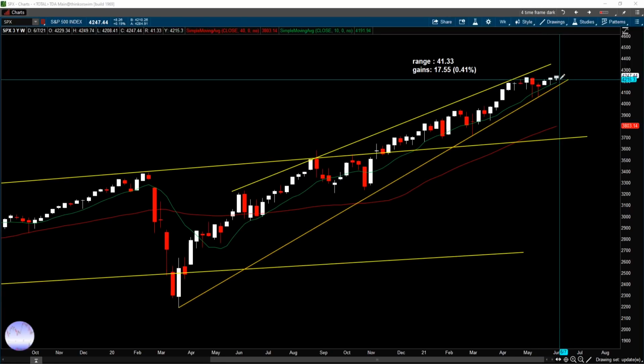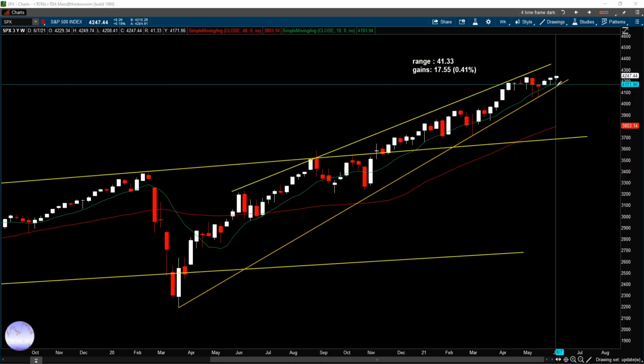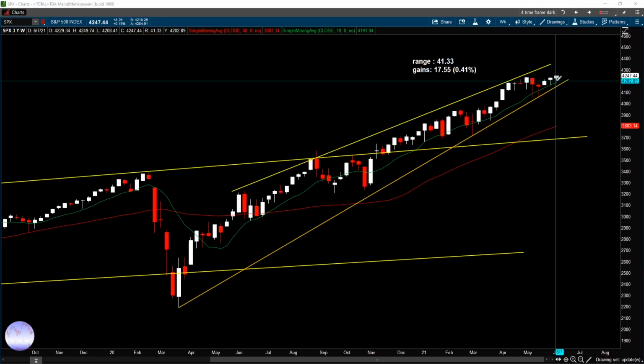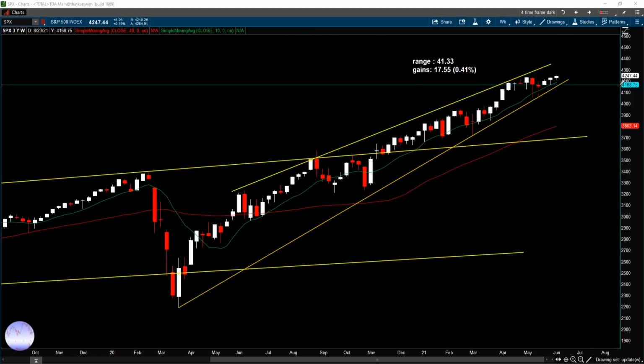So right now, we're basically looking more like an NR7 type of candle, although the price is still above the 10-week and 40-week moving average, and also above this trend line. The S&P 500 did put in a new all-time high and also closed with a new closing high last week, and it closed at